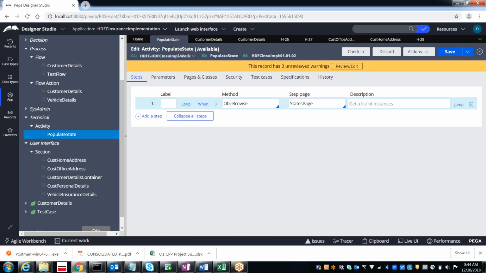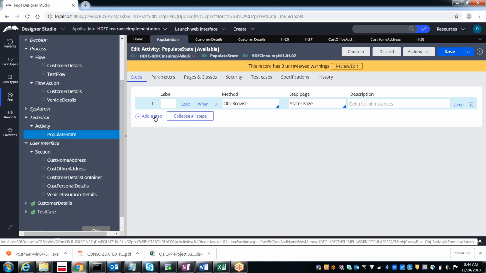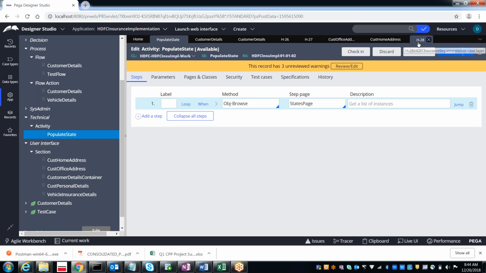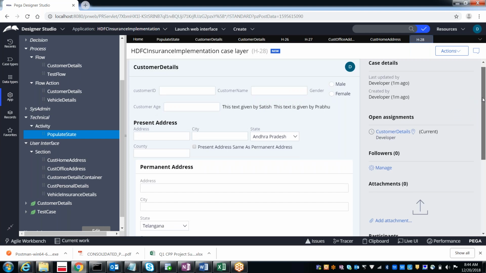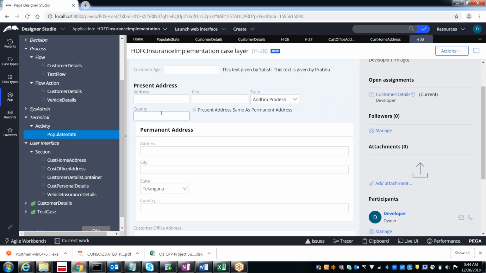So when you use the property set method, why have we used it? Initially, I created one temp page like Satish page, created some pages, and initialized the values. Now, as someone asked previously, the values which I give in the present address should go to the permanent address.